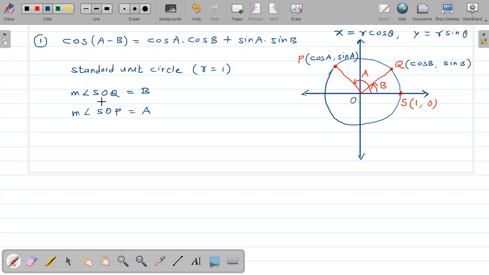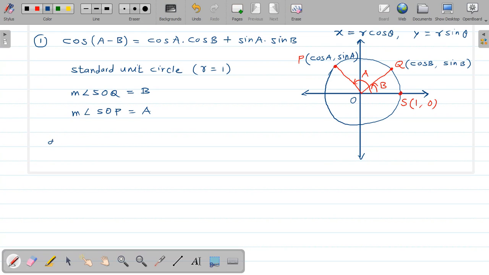So this is, first of all, our construction. First of all, we have considered the standard unit circle. Standard unit circle means center at origin and radius equal to 1, and then we consider like this. Now, to get the proof of cos of A minus B, first of all we will find